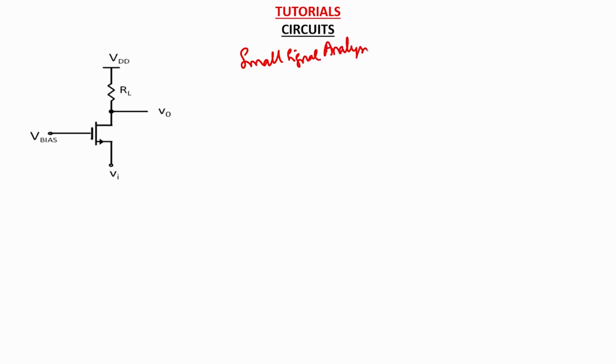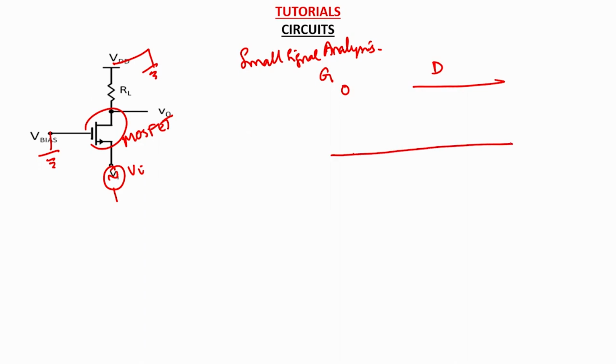where you first ground all the DC voltages, you make them 0. So you see that your input is applied here and you see V out here, and for the small signal analysis you replace the MOSFET device with its equivalent small signal model, which looks something like this for a MOSFET device. So you have the gate terminal here, and you have the drain terminal here, and you have the source terminal here. So this VGS is at the input side, and you have a current source GM VGS between